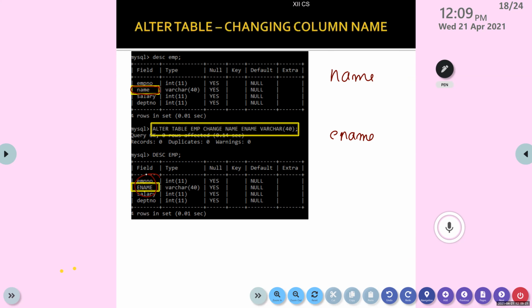Meghna, question to you. Change the salary column name to sal.